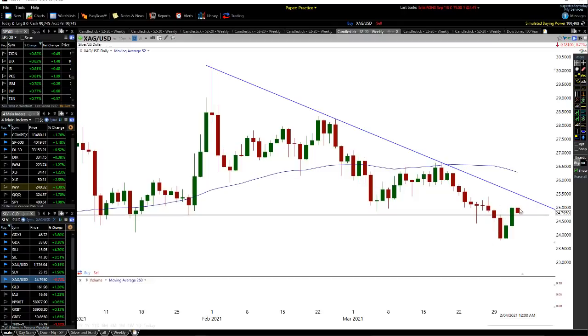But we're starting to get a bit of a reversal through here right now. So this here could be what I call a bit of an end of trend indicator, where we broke below support and now we're starting to rally back up. So we want to really see silver get back above here and get back above this 25 level. The trend here really is this point here. The trend is still down until we actually get back above